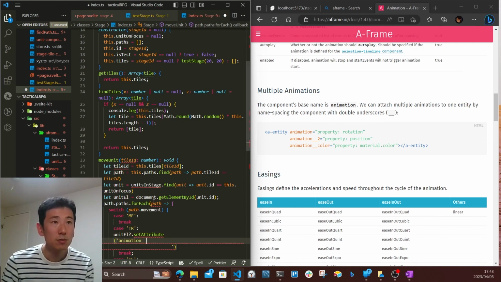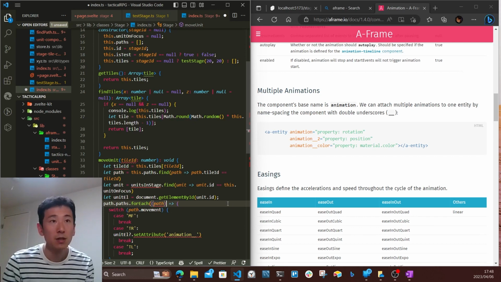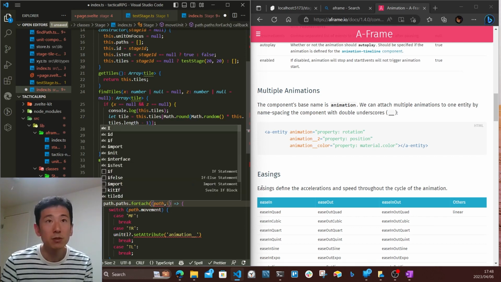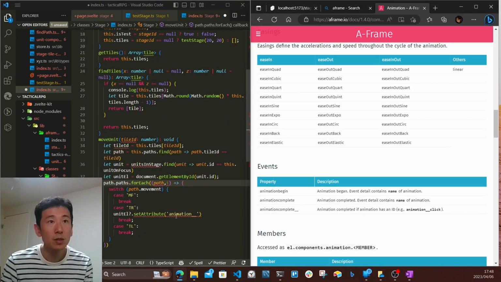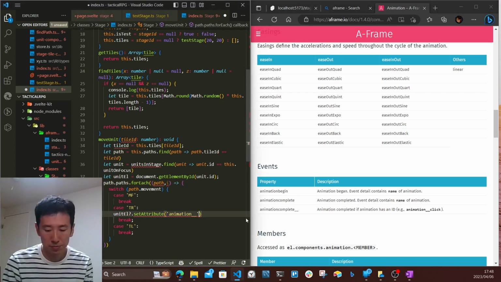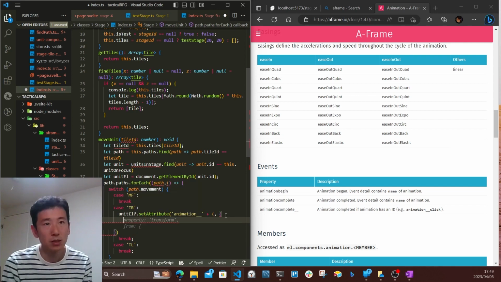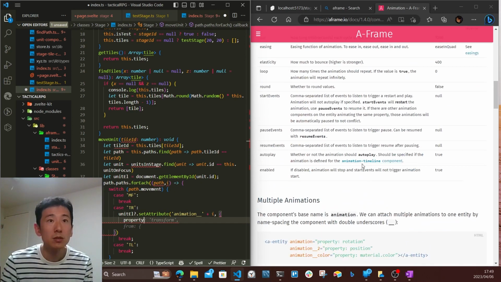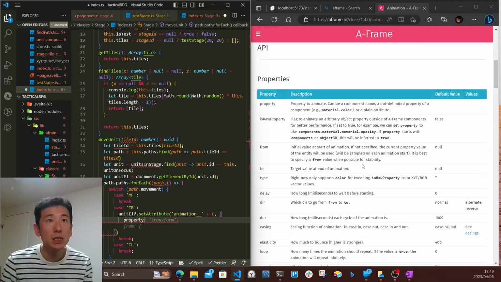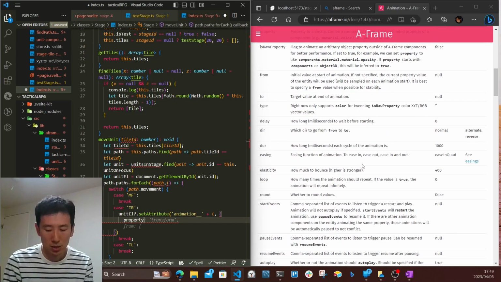Okay, so for a lot of animations, I'm just going to number them. Animation I, property is rotation,